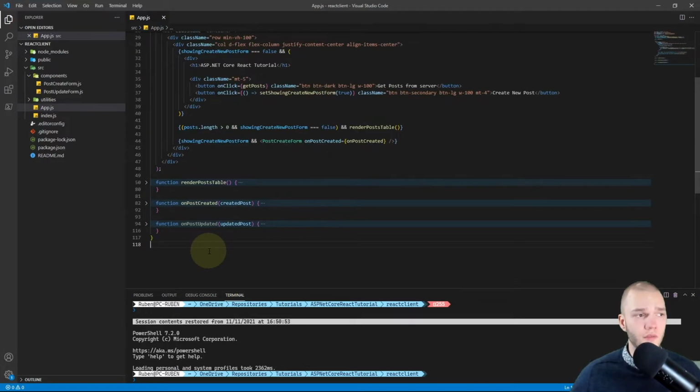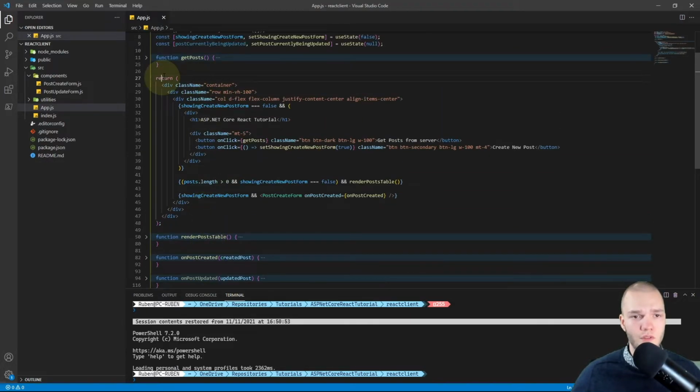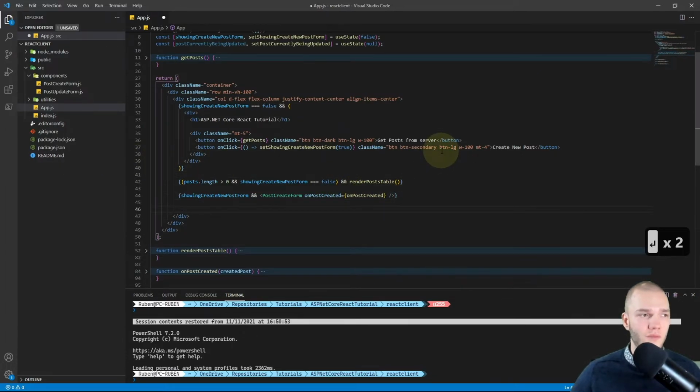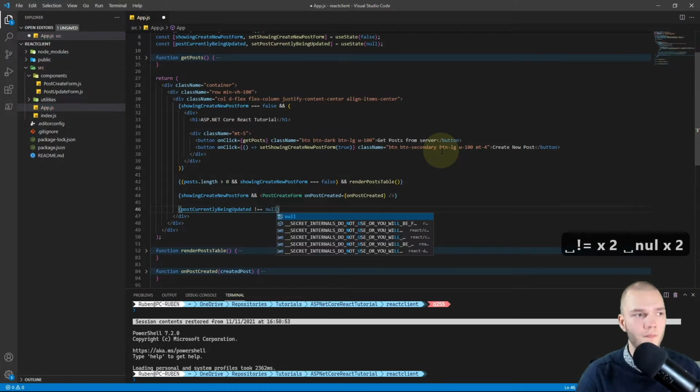Okay, let's now work on the display code in the main return statement. So we'll display the post update form if the post currently being updated variable or state isn't null, and we'll use the JavaScript logical AND operator for that again. And I'll just add it below the post create form, so curly braces, and I'll check if the post currently being updated isn't null.